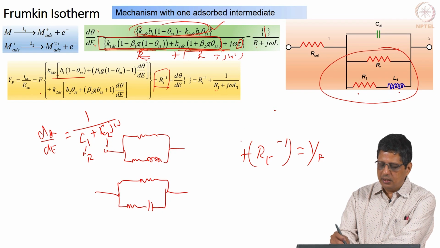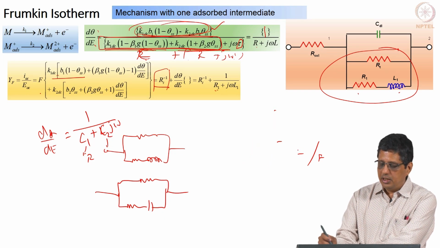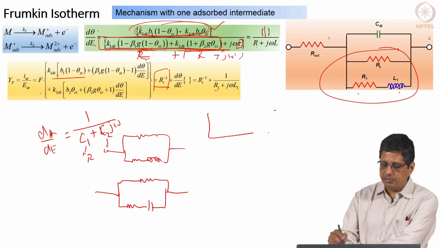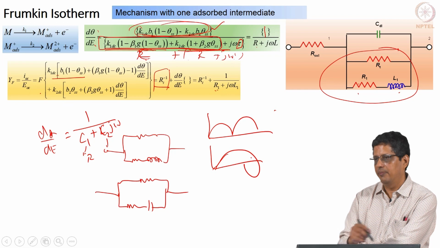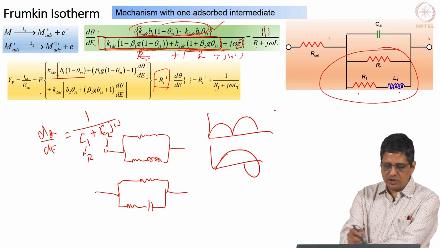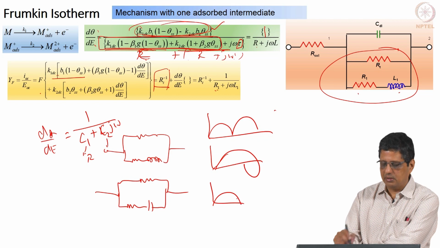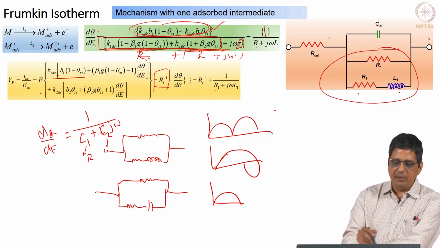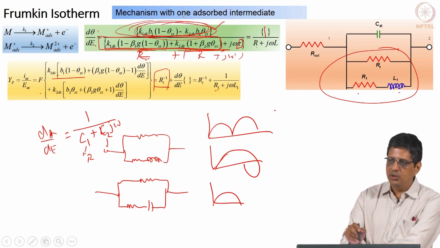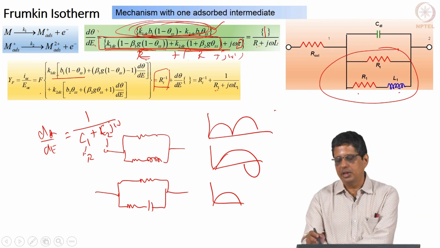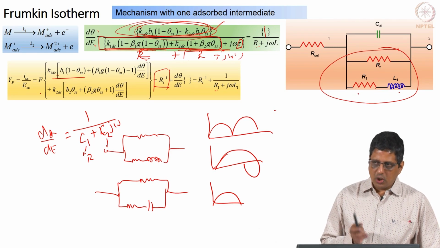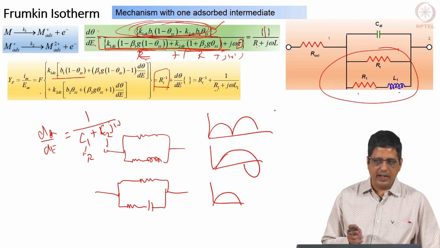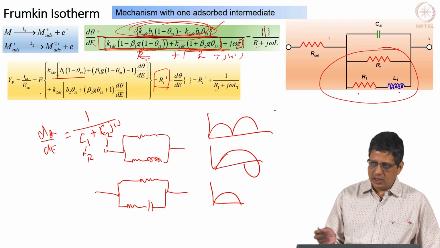this reaction depending on the values can give rise to a spectrum like this, it can give rise to a spectrum like this in the complex plane plot. And if the values are such that they cancel out each other, it can give rise to only one. That is, if d theta by d e is 0, because the numerator is 0, you will not have any impact from these R1 L1 parameters. Thing is, it will give rise to one loop at the Faradaic because of the Faradaic contribution. It can be inductive or capacitive. It may not give rise to this.